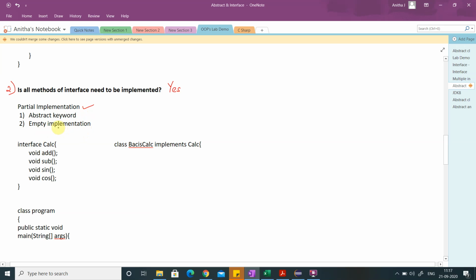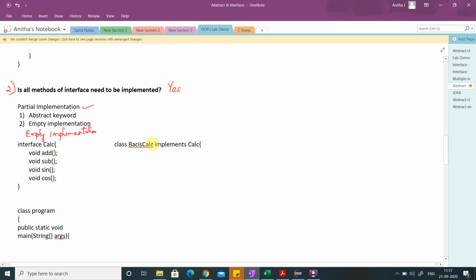The first way is to use an empty implementation. Here we have a calculator interface which has four methods: addition, subtraction, sine and cos.